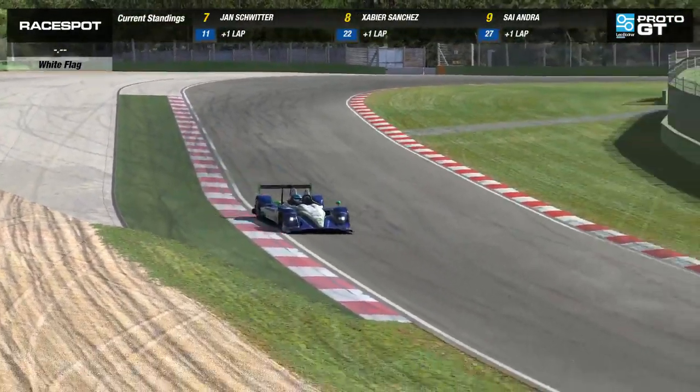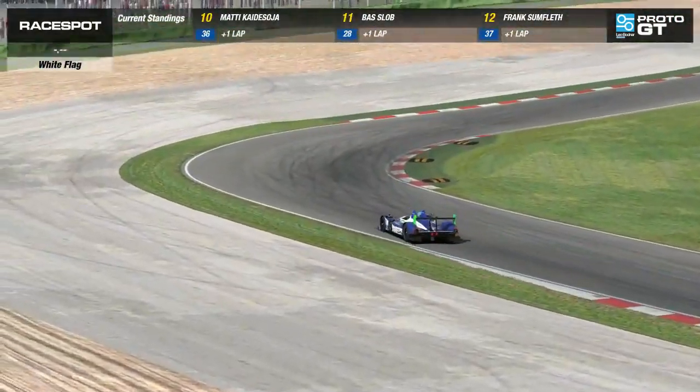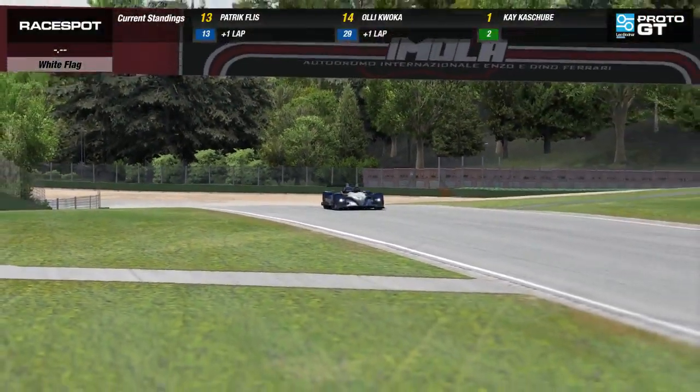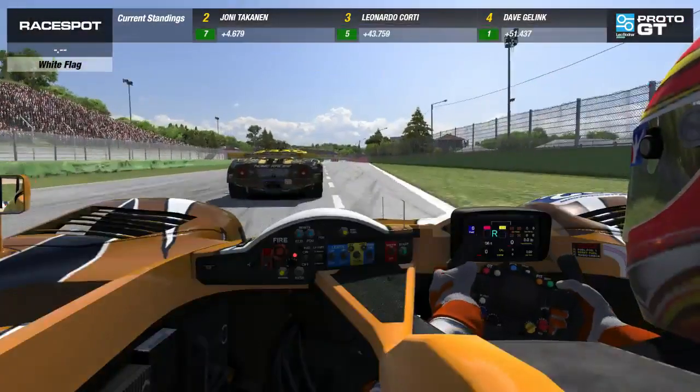Nobody out of fuel yet that we can tell, but it's starting to look like they might sputter soon, as drivers are in fact slowing down quite considerably. Big saving from Xavier Sanchez. He is saving a huge amount of fuel, Will. He's not even passing a GT2 car. He is literally having to save that much to make it to the end here. And he will, we believe, just...